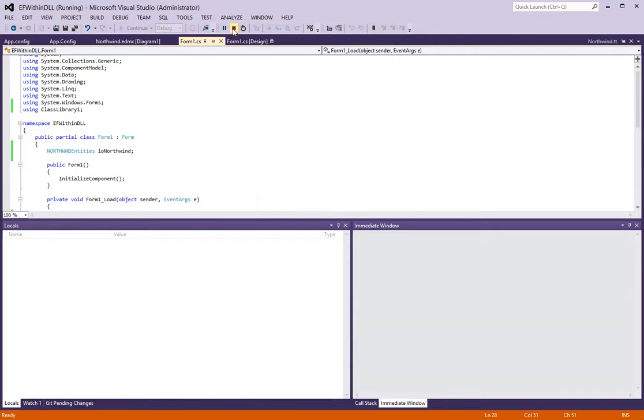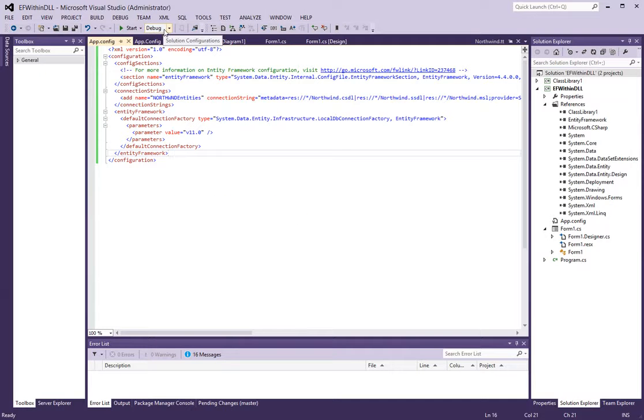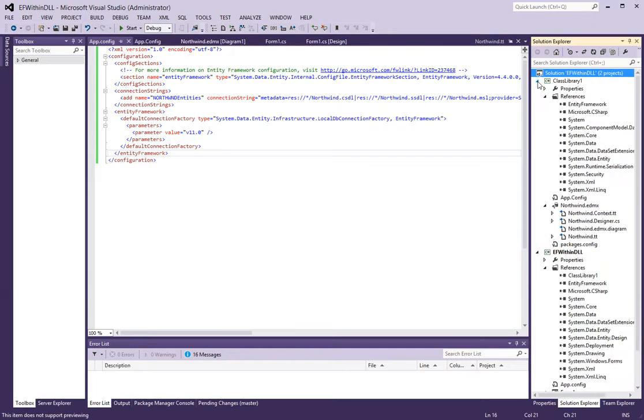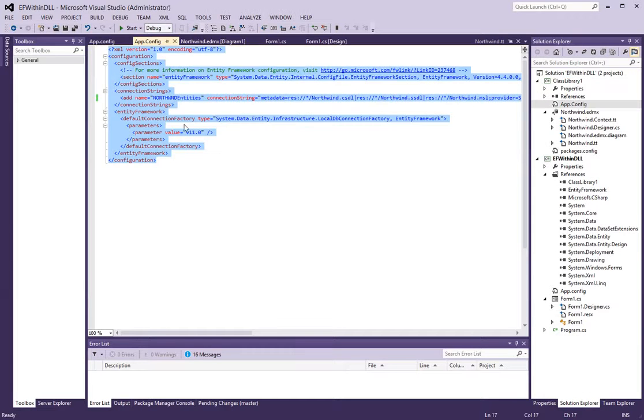Now, one point of caution here is when you set the run type to debug, it actually references the app config file that's residing within the class library right here,